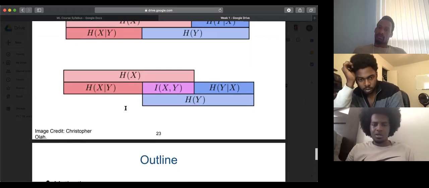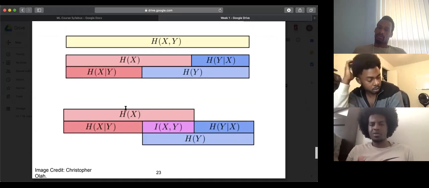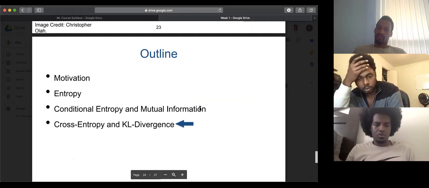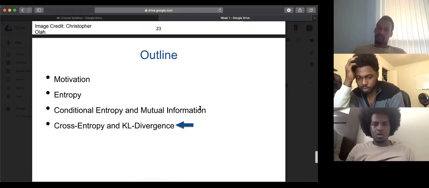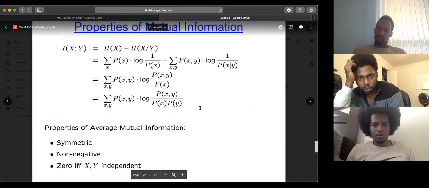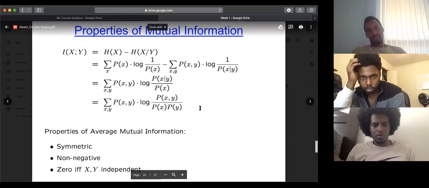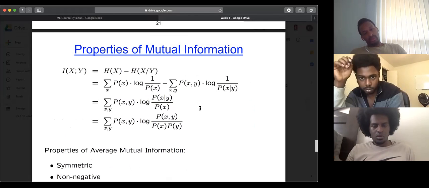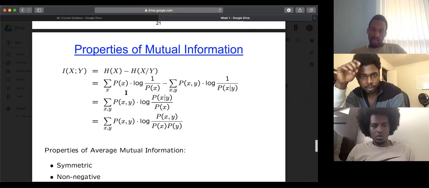Anyways, the visual illustration of how everything breaks down makes this make a lot more sense. Doing the math and the derivation, I didn't follow. Going from step 2 to step 3, I'm not sure how they were able to get rid of the summation of the probability of x. That is bizarre to me. Step 2 to 3, on this slide, right?